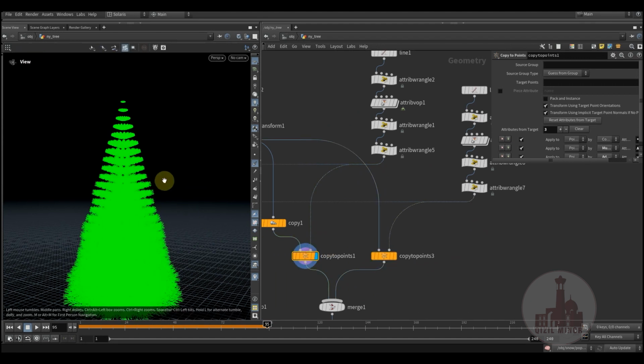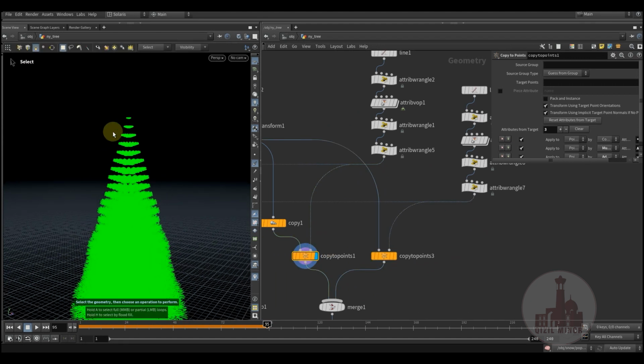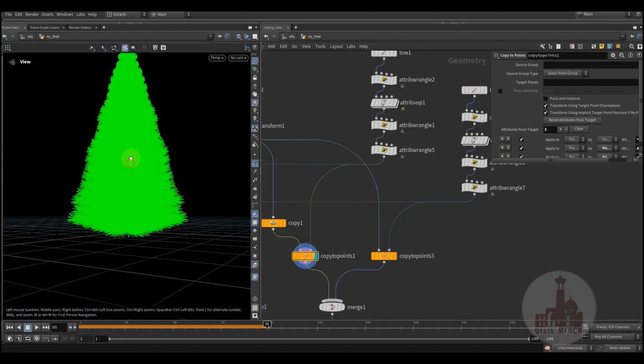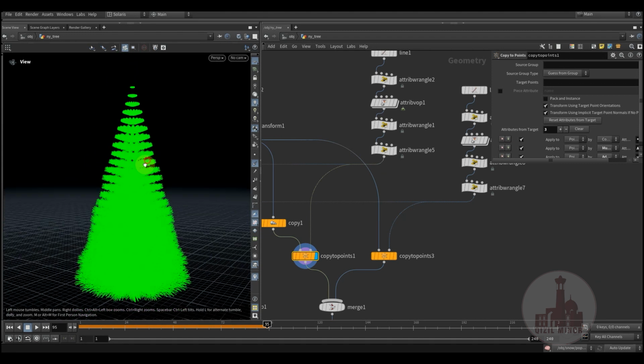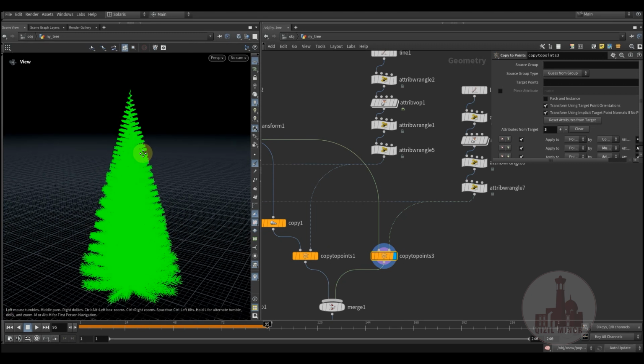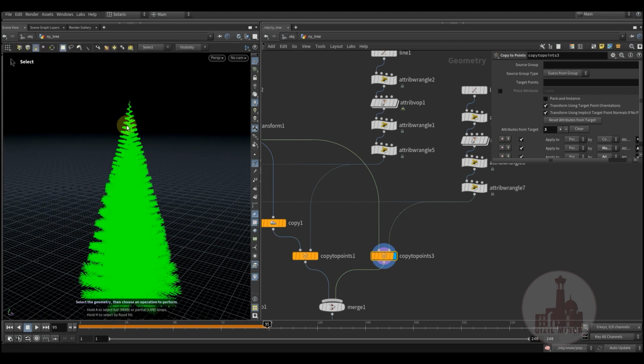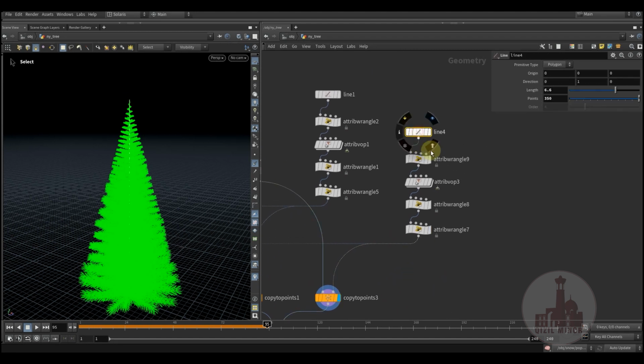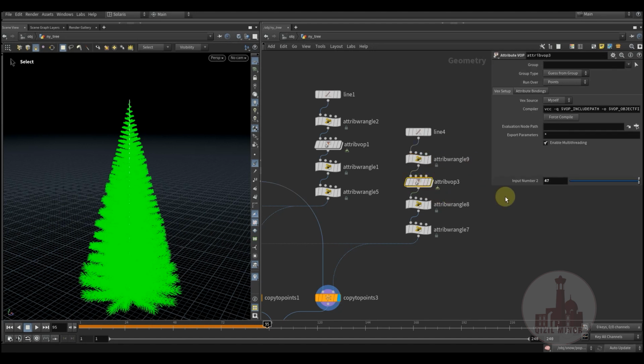If I look here, I have some gaps, but it becomes obvious whenever they go small, all the branches. So I added some random branches just to fill the gaps between. Okay, so I have the same setup, but here I'm just playing with the values just to get